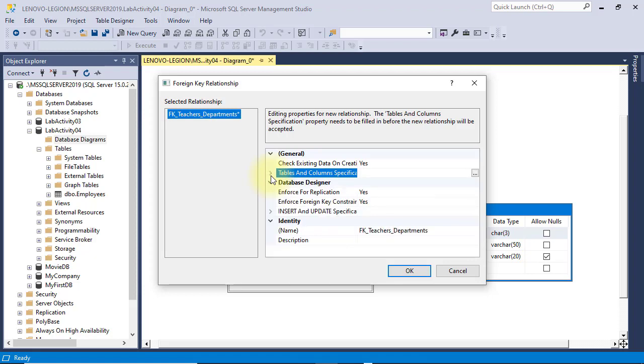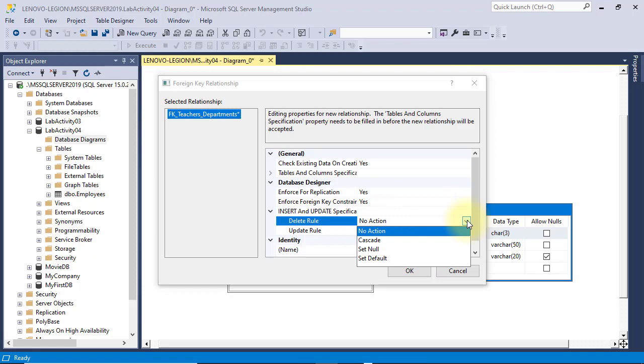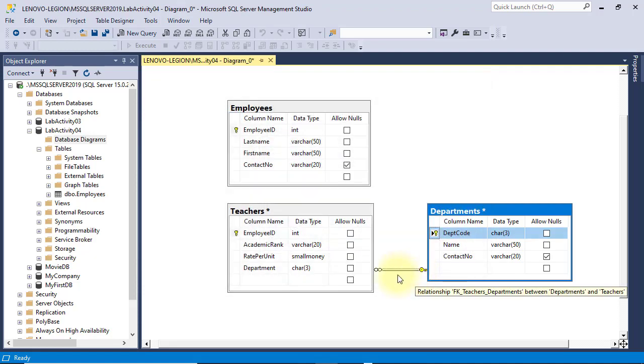We can see that the enforce foreign key constraint is set to yes. And in the insert and update specification, you have the delete rule and the update rule set to no action, while you can change it to cascade, set null, or set default. But for now, leave the default so that you can see how foreign key constraint restricts you from referencing records that don't exist. Just click OK